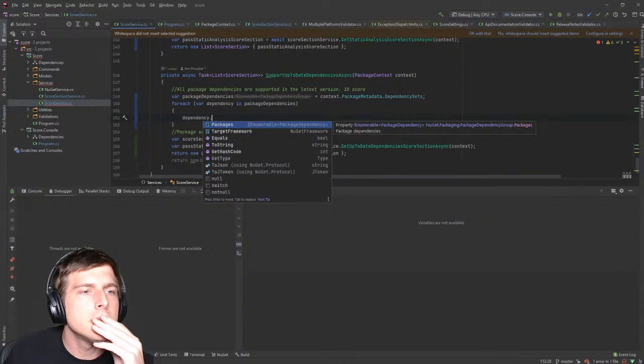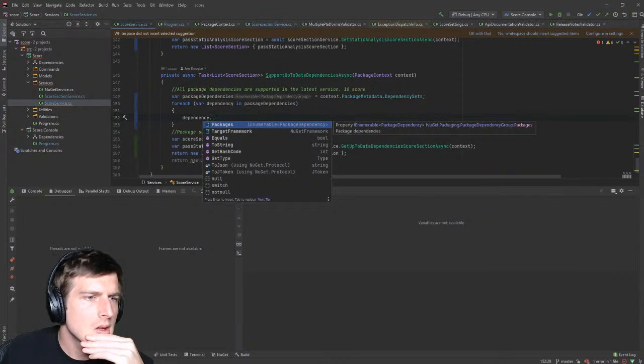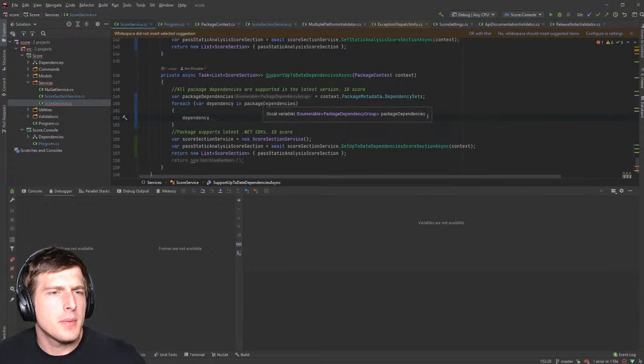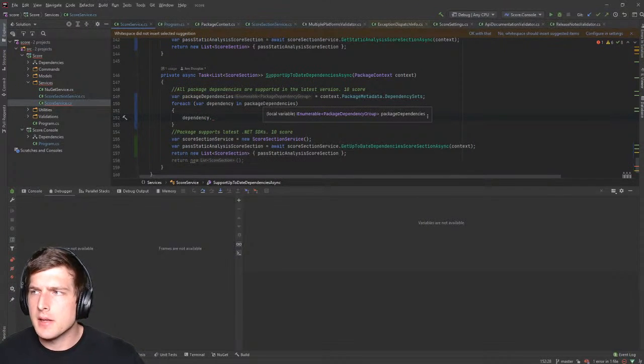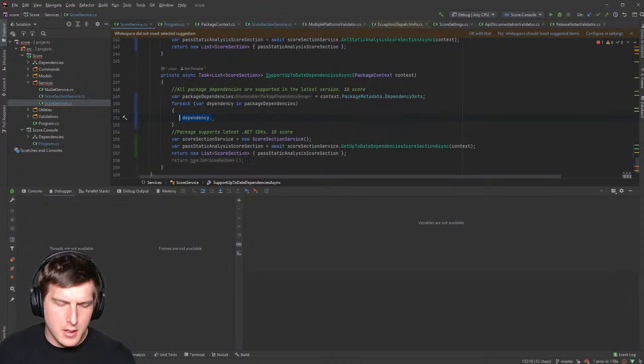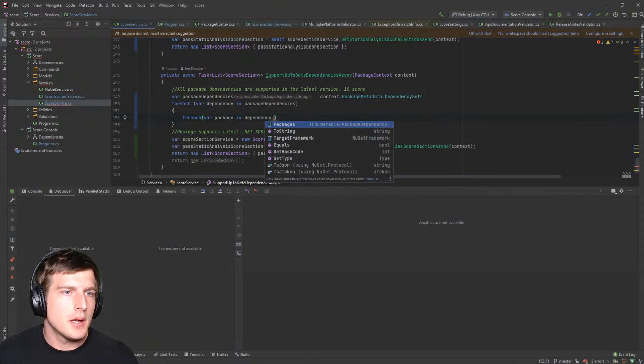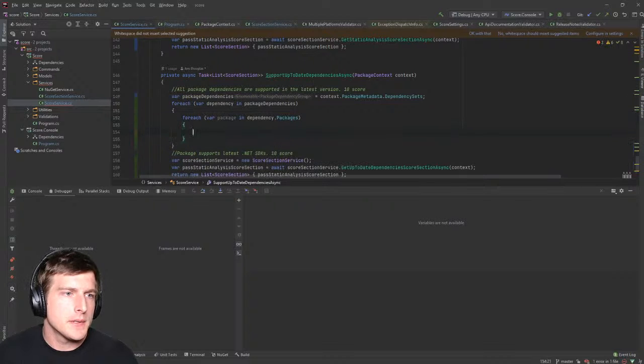So now we need to go through each one of these. So now we need a second foreach. Not ideal, but that could happen, right? So is it going to be package dependencies? I guess let's just go through it and see what happens. So let's do another foreach of our package in dependency dot packages, right? So inside here, we're basically going to check if it's the latest